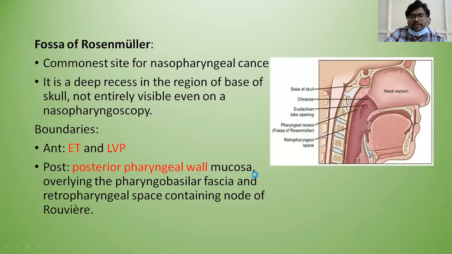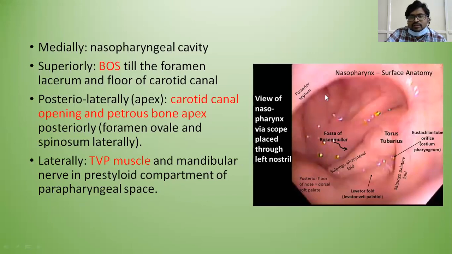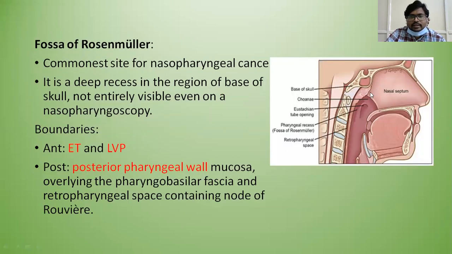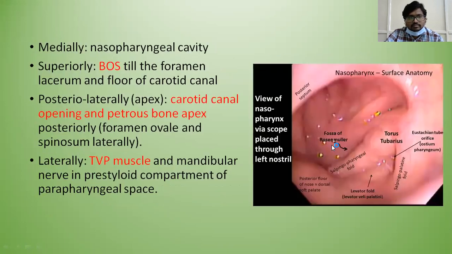Posteriorly, it is related to the posterior pharyngeal wall mucosa, and beyond the posterior pharyngeal wall mucosa, it is related to the retropharyngeal space. Medially, it opens into the nasopharyngeal cavity. Superiorly, it is related to the base of the skull. Till now, the boundaries of the fossa of Rosenmuller are obvious, but